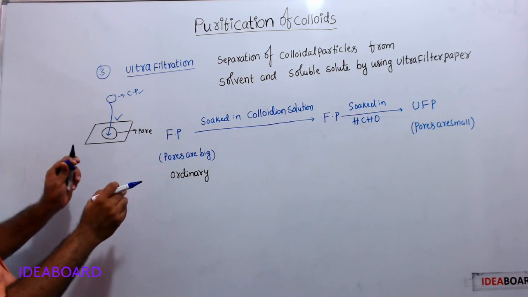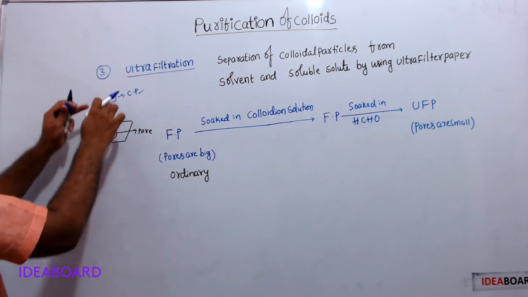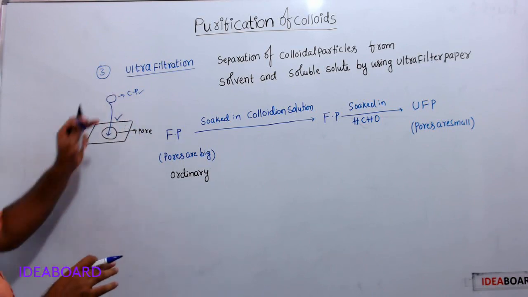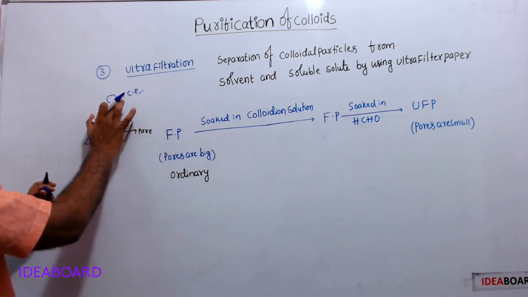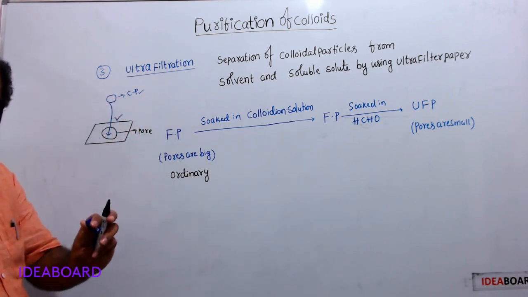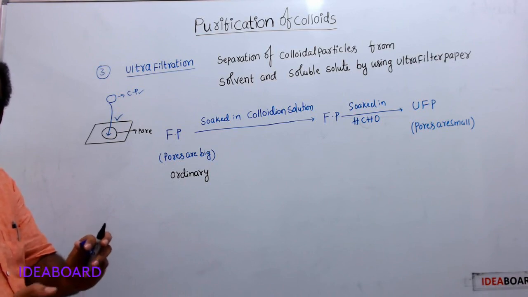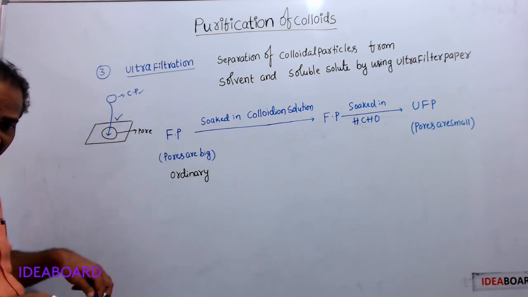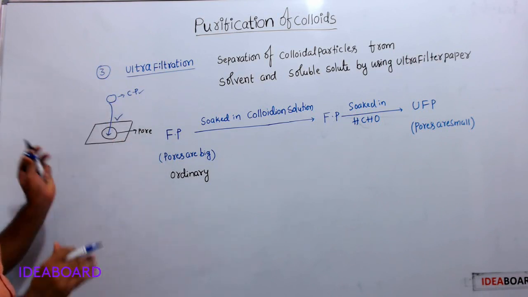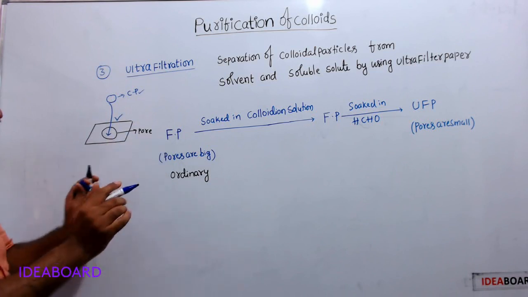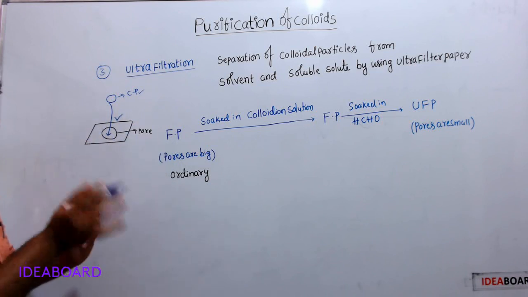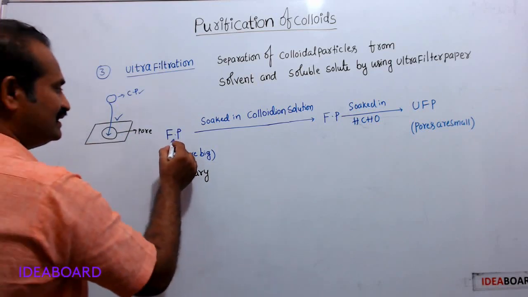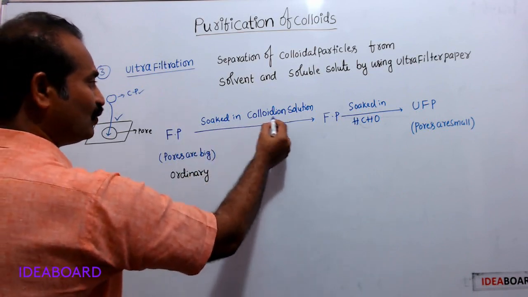Colloidal particles, true solution particles and dispersion medium all pass through the filter paper, nothing left behind on the filter paper. Here our aim is to separate colloidal particles from the solvent and soluble impurities. When we use ordinary filter paper, colloidal particles also pass through, so ordinary filter paper is not suitable for the separation of colloidal particles from solvent and soluble impurities. That's why this ordinary filter paper is soaked in colloidin